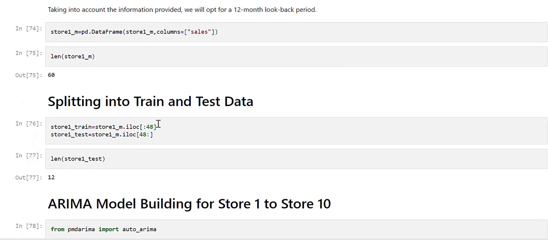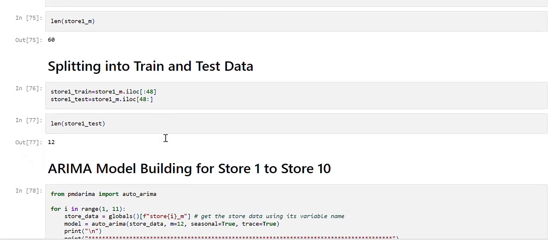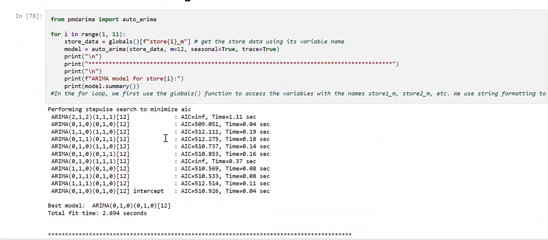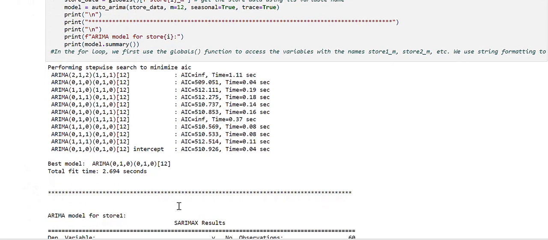Keeping this information into account, we are going to split the train and test data. The train data is split as the first 43 columns, and the rest of the columns are the test data. This is how we are splitting the train and test data, and then going to build the ARIMA model for store 1 to 10. First of all we are running an auto ARIMA to find out the PDQ order. We got this PDQ order and the seasonality as 12. That means there is a seasonality occurring after 12 months. That's what we got from this